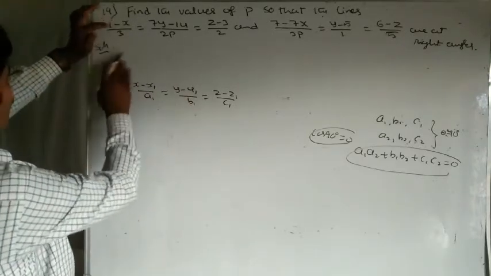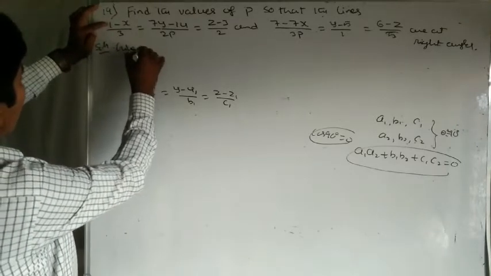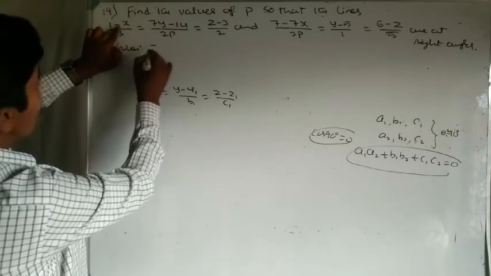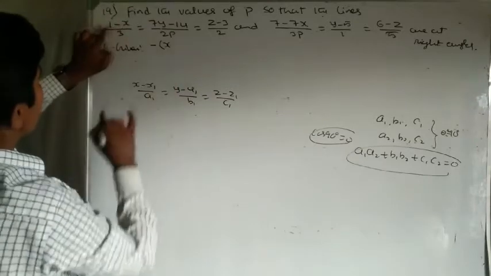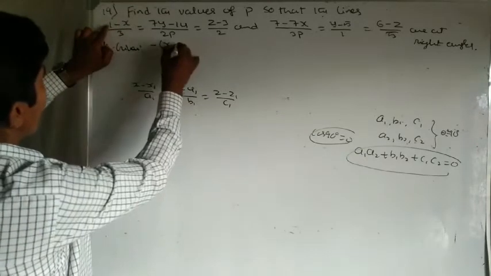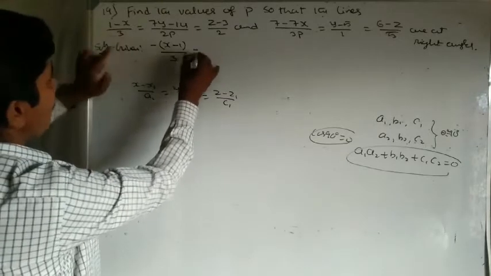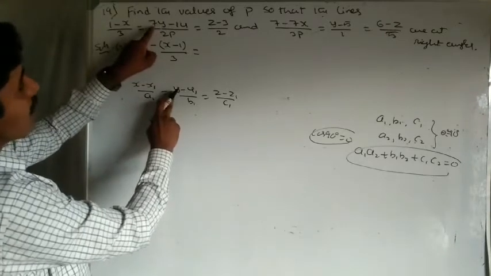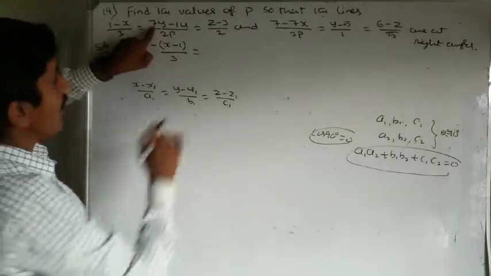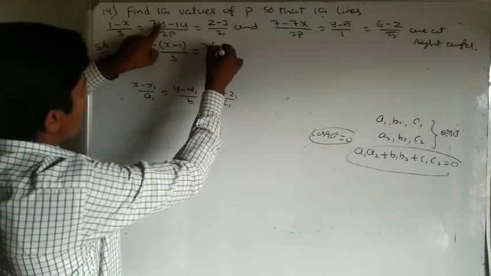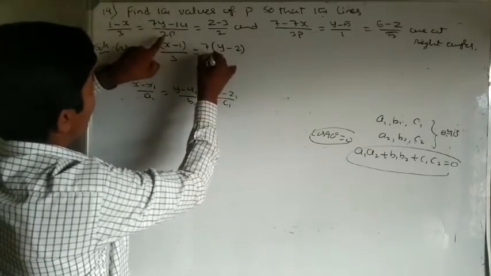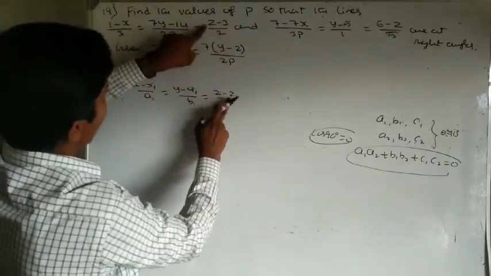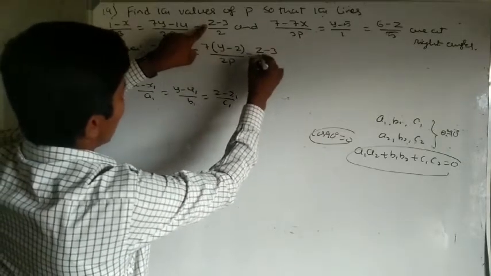Therefore, in the first one, I am taking minus common in the x term. Minus common means the remaining is plus x, and in 1 minus common means plus 1, remaining minus 1, divided by denominator 3 as it is. Next, y coefficient should be 1, but here it is 7. Therefore, I am taking 7 as a common factor. 7 common factor means 7 ones are minus 7 twos are, divided by denominator 2p. Next, the third one is already in standard form, z minus z1: take as it is, z minus 3 by 2.